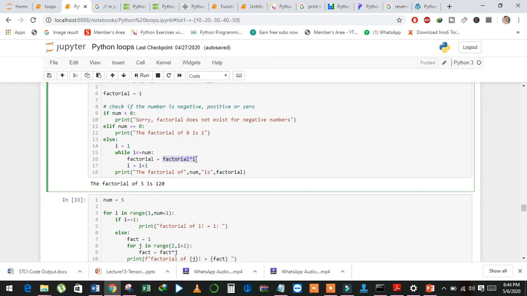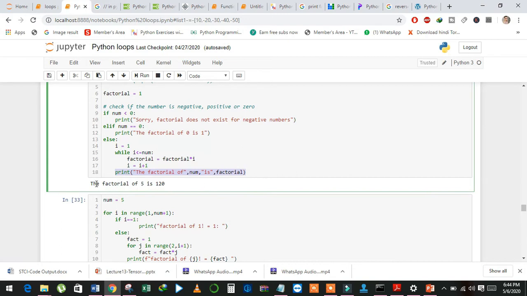First i has 1, then 2, and so on till the num, and then I just incremented the value of i by 1, and then outside the while loop I just printed the value of num and factorial.